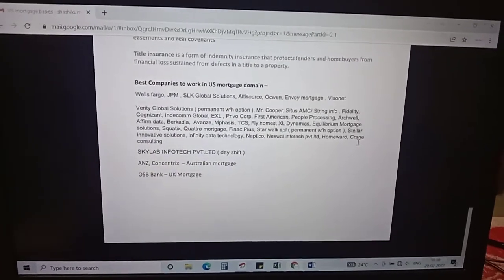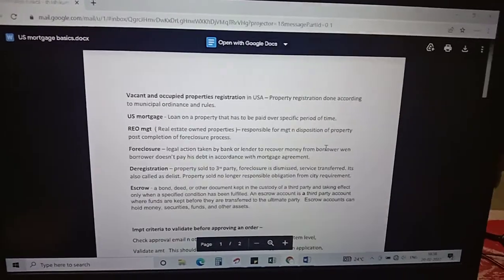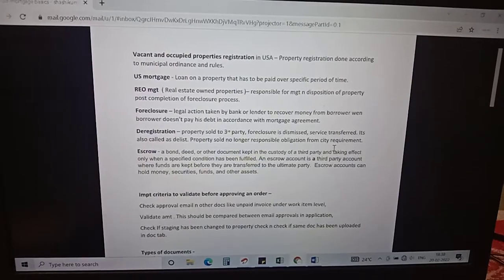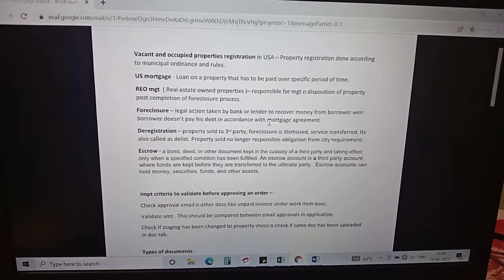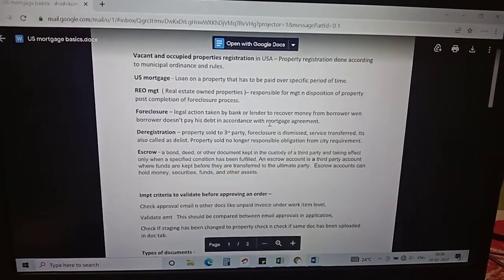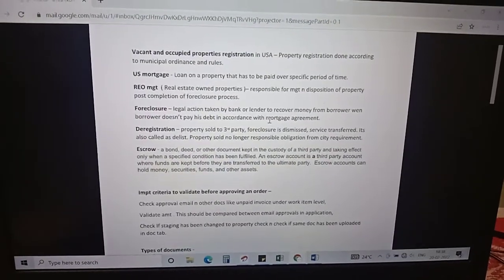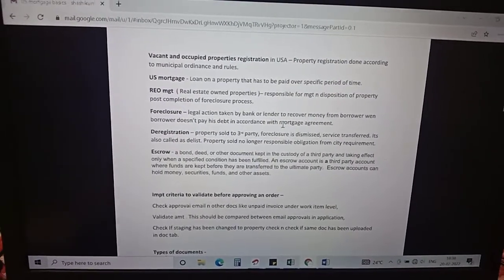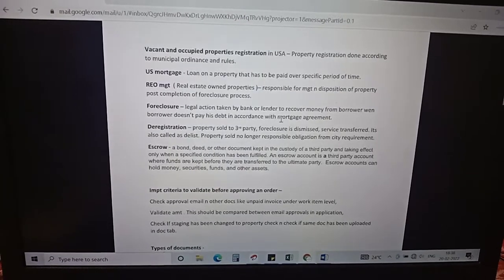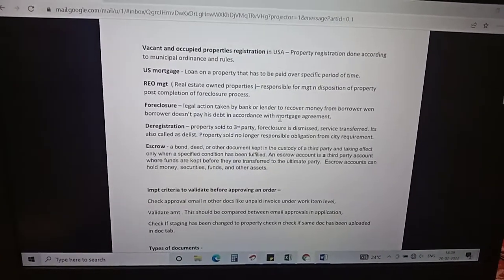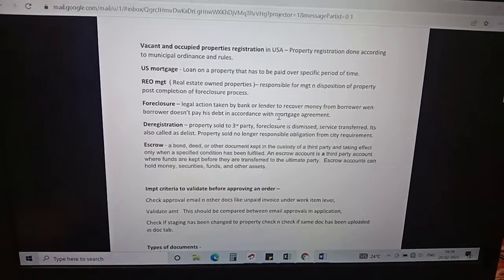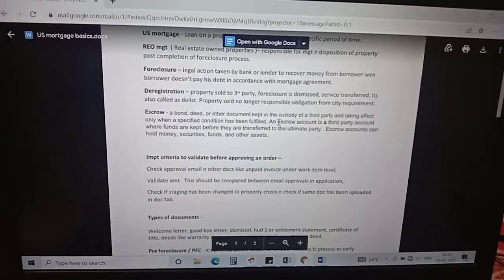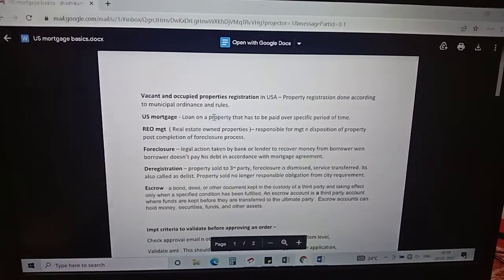I hope I am able to give you clarity. So in the mortgage field, whichever is better, try to get into this field, and in case you are unable to get a job in finance like banking or accounts, you can also apply in this US mortgage domain, which has scope. Try to make sure that you are getting a CTC hike, and even if you worked prior in US mortgage, let the HR not consider you as a fresher. I'm repeating again, US mortgage means a loan on a property that has to be paid over a specific period of time.